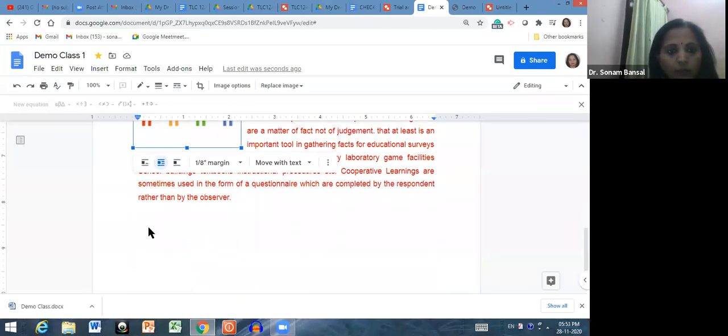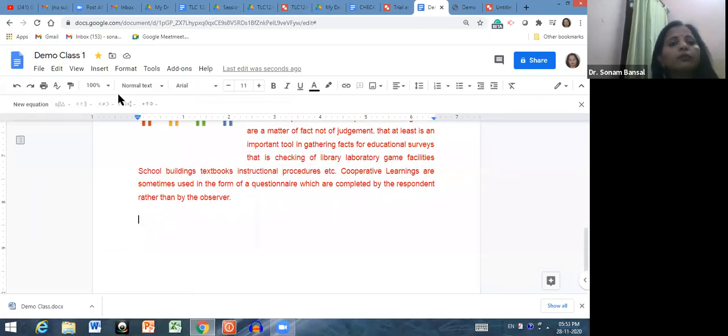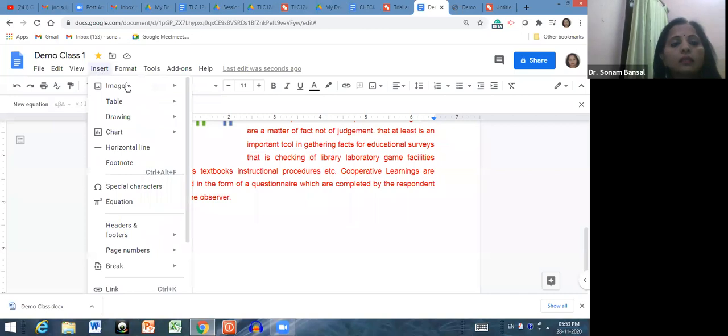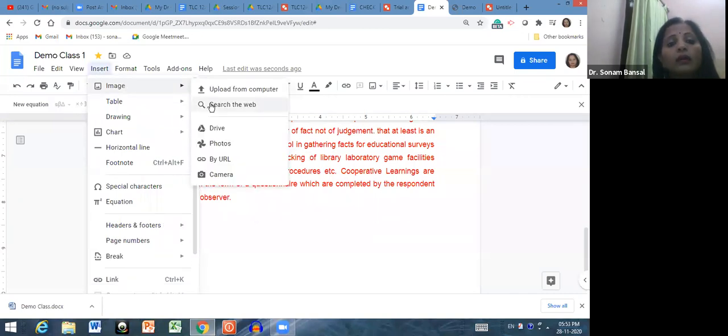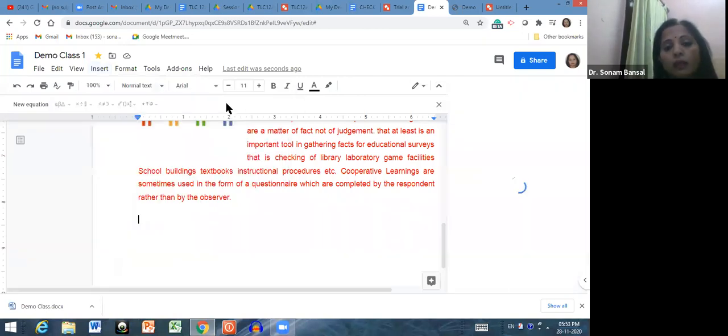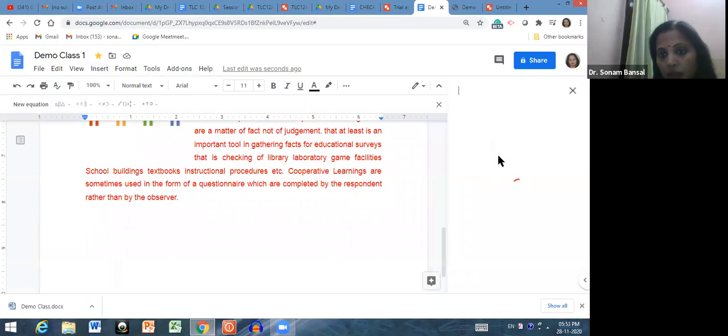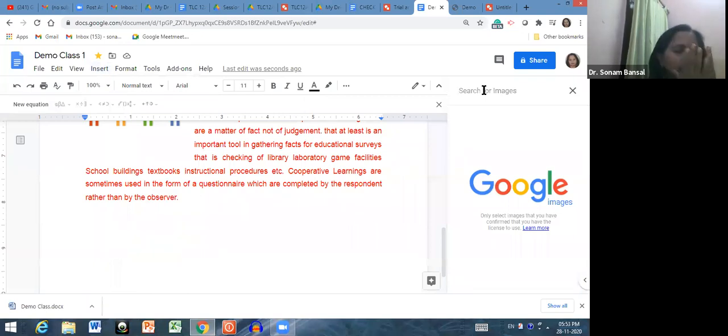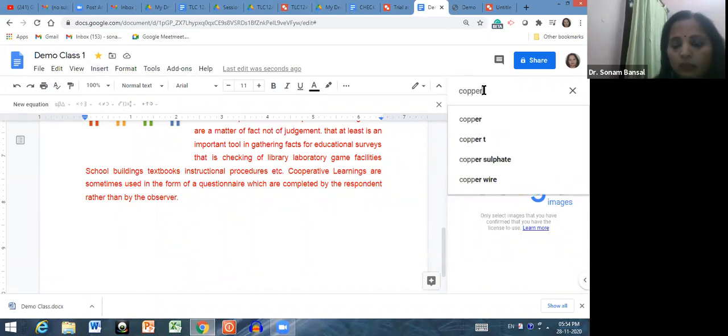Now let me show you. Click on insert, click on images. Now I want to search an image directly from the web. So what you have to do is click on search from web. This pop-up will open here on the right-hand side. Now if you want to search an image related to, let's suppose, cooperative learning, or let me search